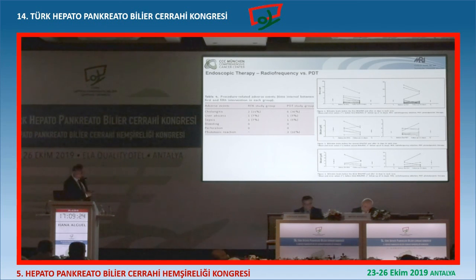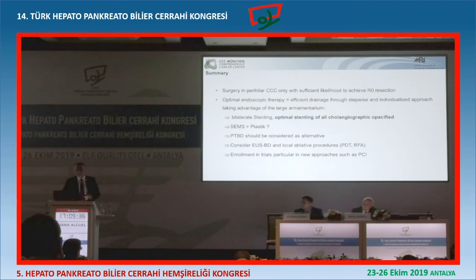There are complications. Cholangitis is a complication that occurs in both cases, so there is no big difference in terms of complications when you apply radiofrequency therapy or photodynamic therapy. So the armamentarium of the gastroenterologist in the treatment of perihilar cholangiocarcinoma is there, and it has to be used wisely and according to the tumor that you are facing. Is it a Klatskin 4, Klatskin 3A, 3B? You can use your armamentarium to treat these patients,